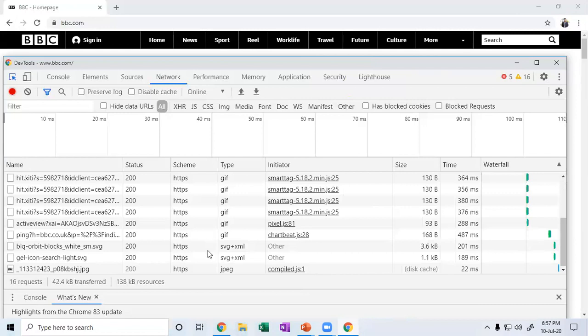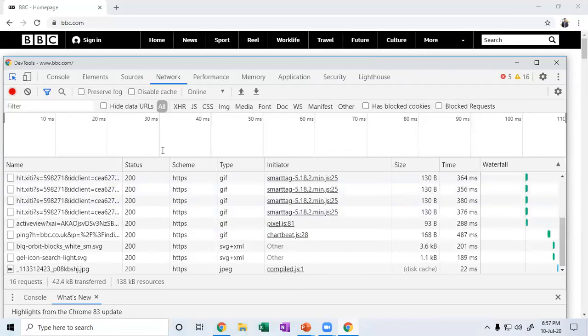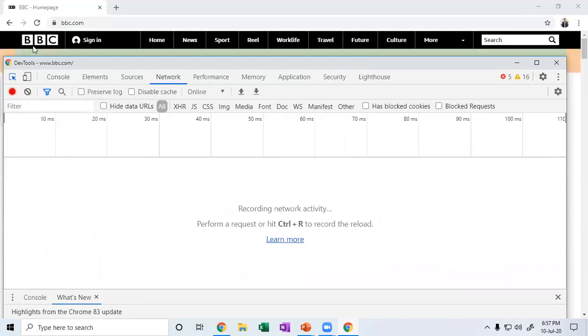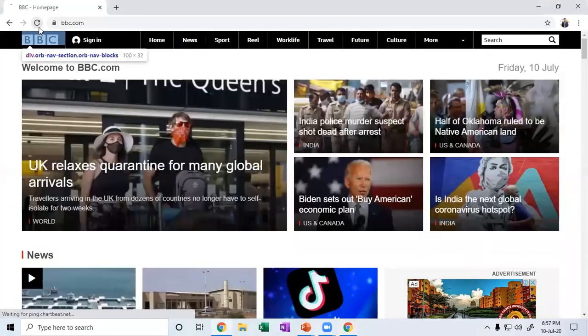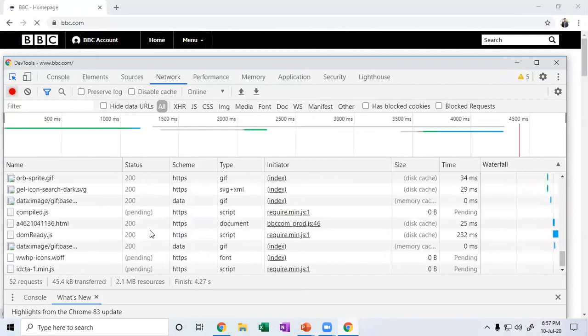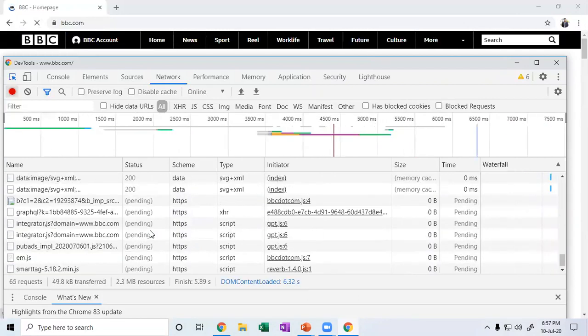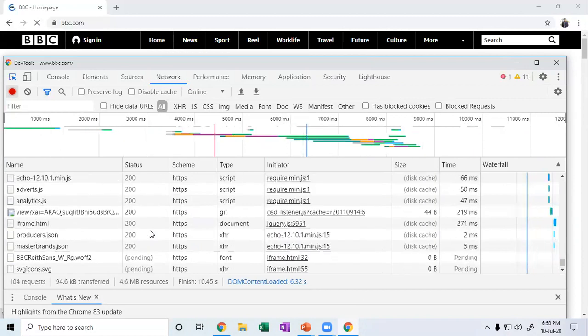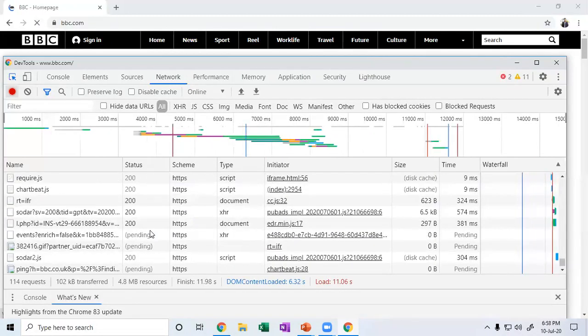See, these are the different things happening behind the scenes. I'm just refreshing the page and seeing how many requests are going. These are the different things coming from the internet into my browser.